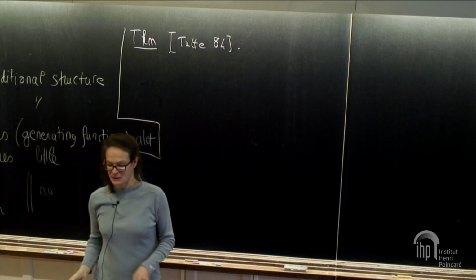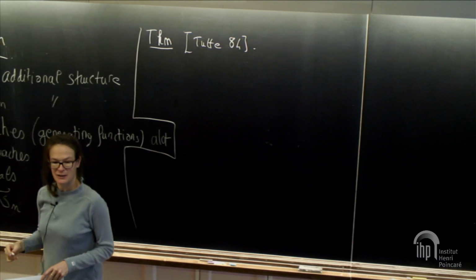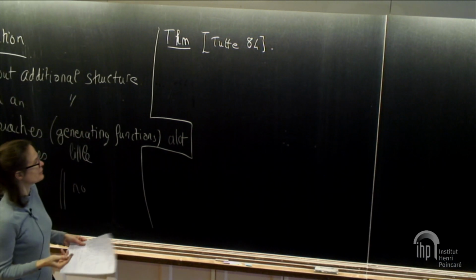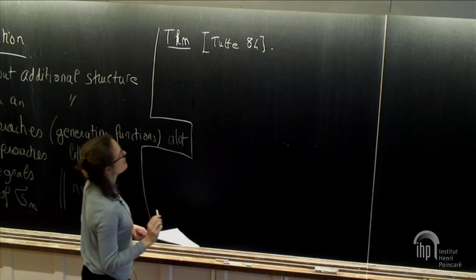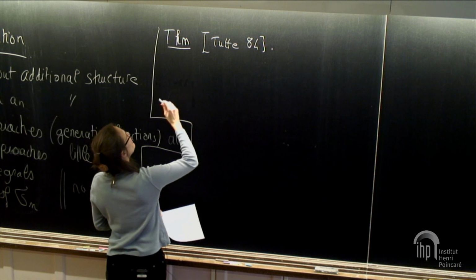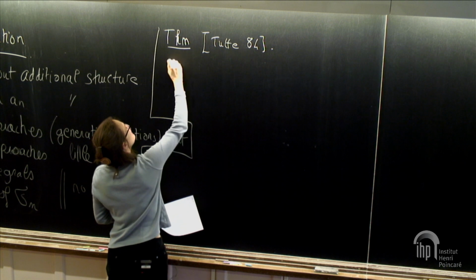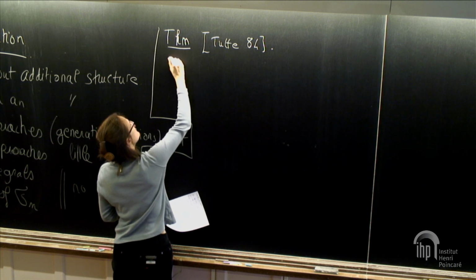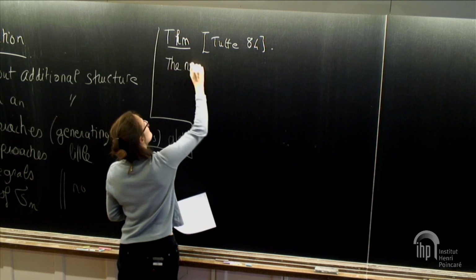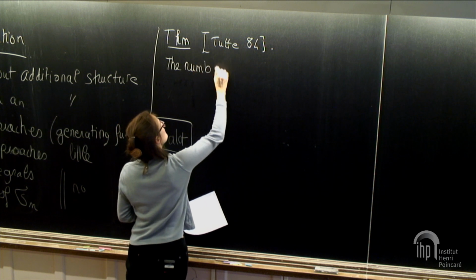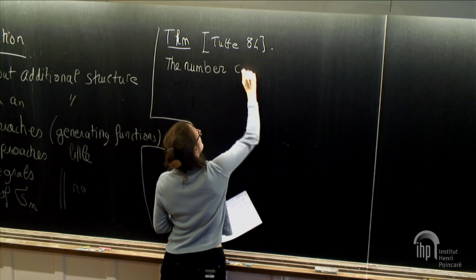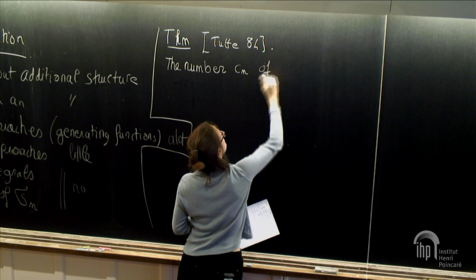At the moment, it's very likely that you won't understand what the objects I'm talking about are, but it will become clear. It's just an advertisement for this recursive method. So this result says that the number, say C_n,